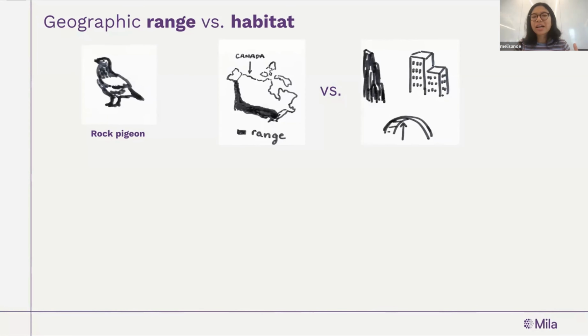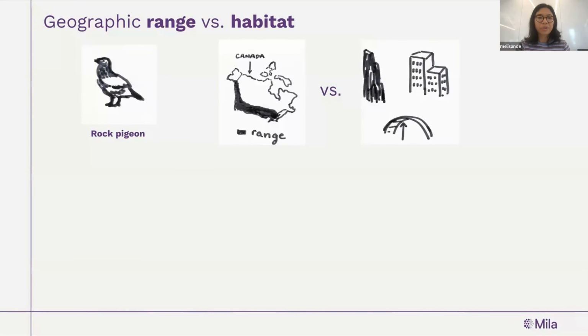But that doesn't tell you whether if you go to a specific place, you're going to see a pigeon. That just tells you broadly geographically where the species can be found. On the other hand, the habitat is where all the environmental conditions meet for it to be suitable for the species to develop. So for pigeons, those are cliffs, whether they're natural or artificial, like buildings and structures underneath